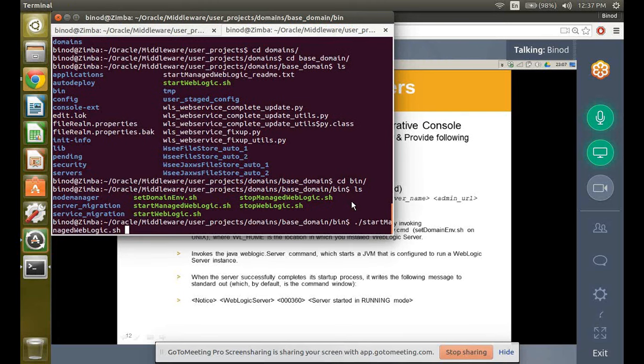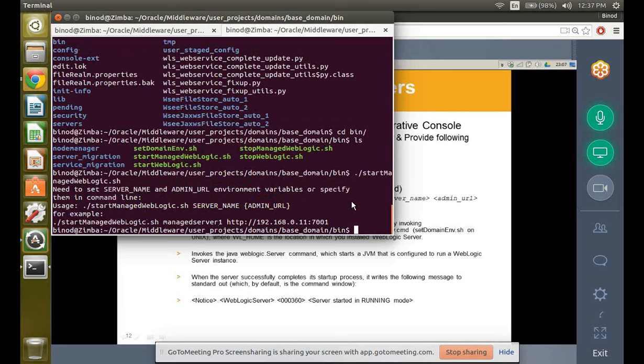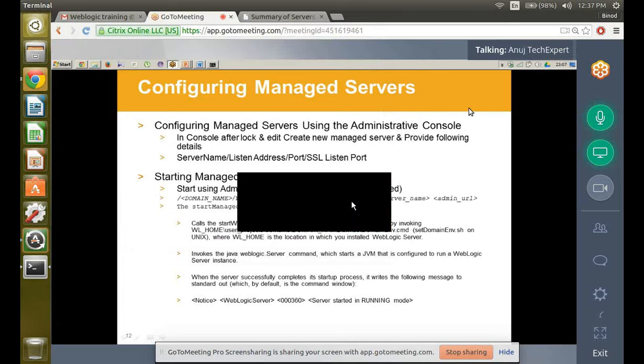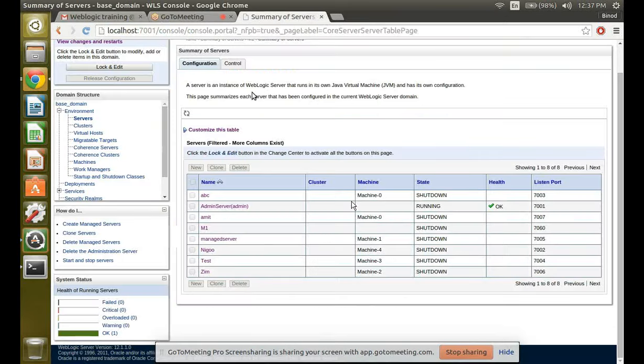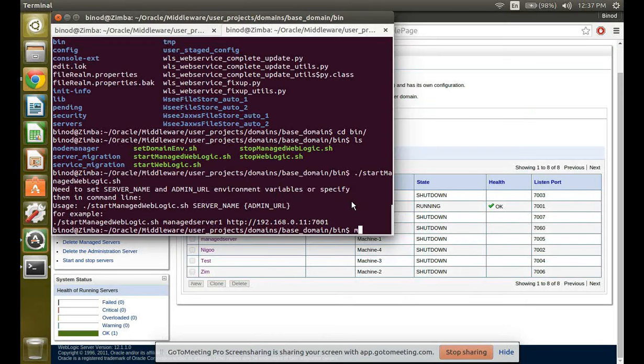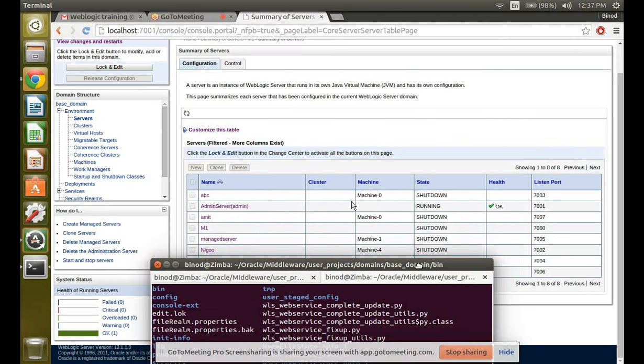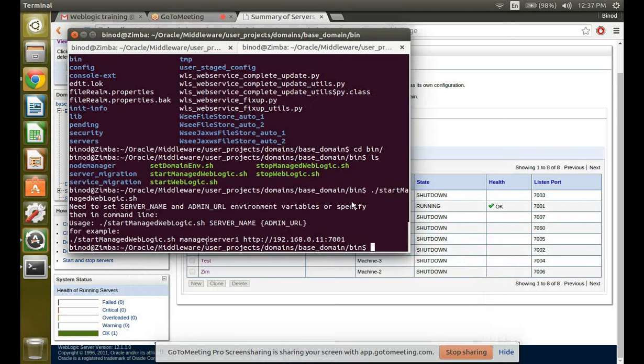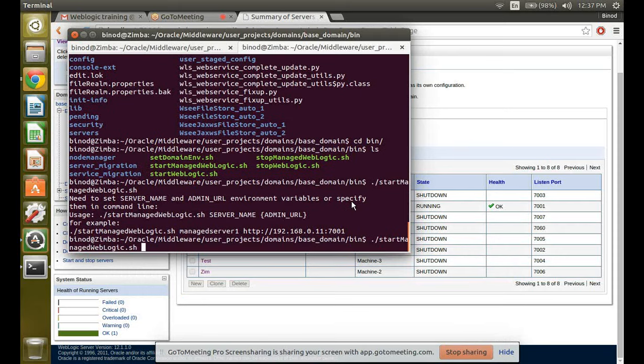Yeah, now the managed server name. What name did you provide in the console? M1, I guess. Actually, see, it is already showing you how to run this command. I got it. Okay. Server name M1